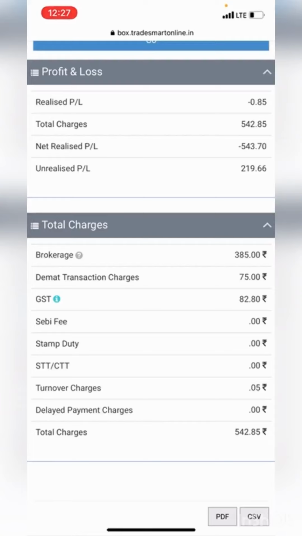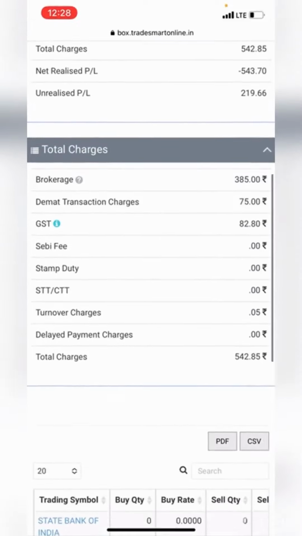Now, to begin with, the first table will show you the realized and unrealized net profits or losses, and the second table will show you the total charges, which includes all the brokerage charges and the other statutory charges such as GST, stamp duty, STT, turnover charges, etc. So you can get an overview of the total charges.